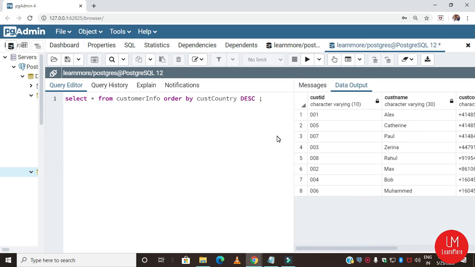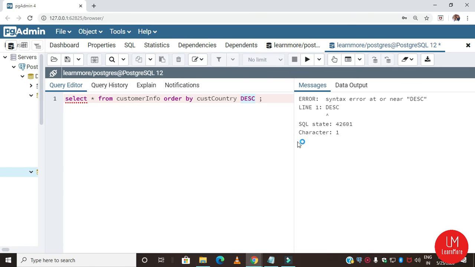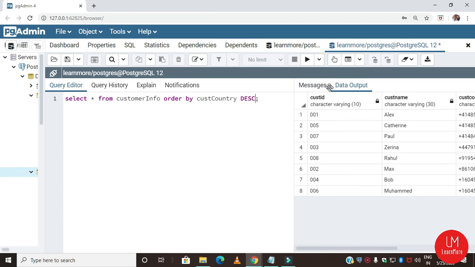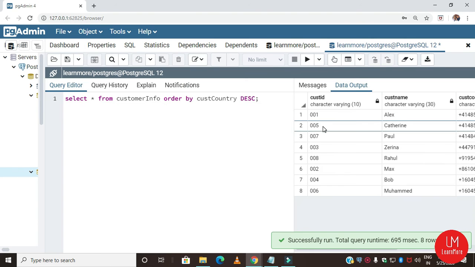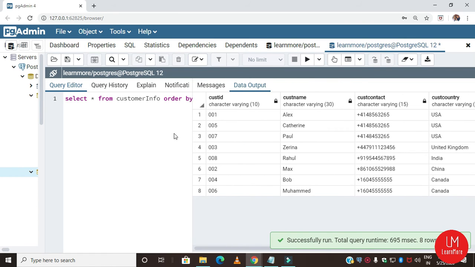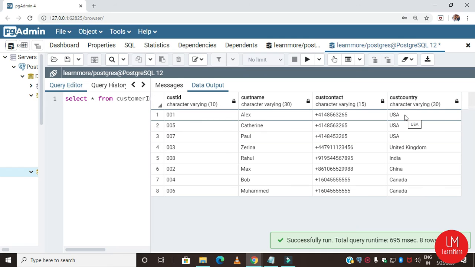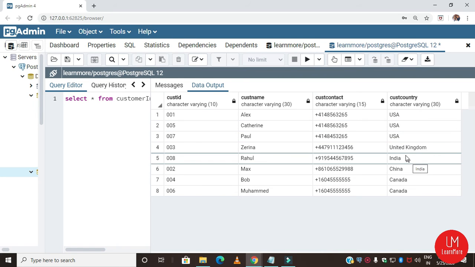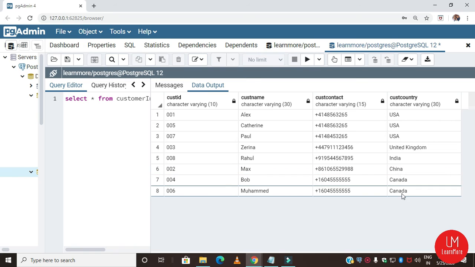You have to specify that in capital letters. So let's try this again. Okay, then the order is reversed. USA came first, then United Kingdom, India, China, Canada.